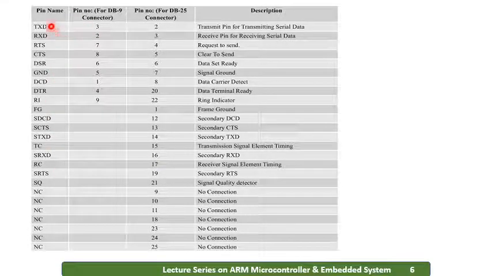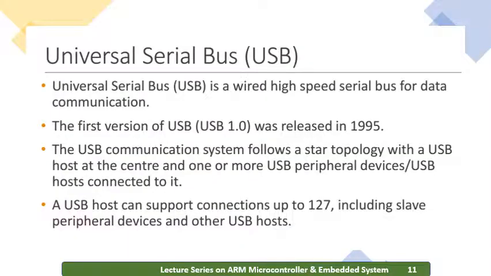So this is the pin description. It uses transmit, receive, request to send, clear to send, data set ready, ground, data carrier detect, data terminal ready, and RI is the ring indicator. All these are the pin numbers used in the 9 pin connector. These are the pins of the DB25 connector, and each pin is used for one particular purpose. Then coming to the next one, that is universal